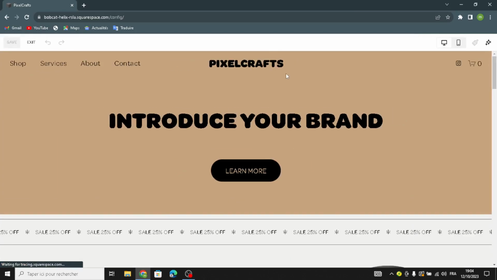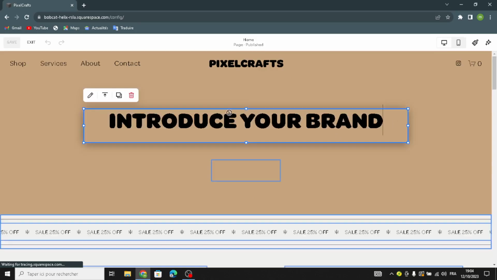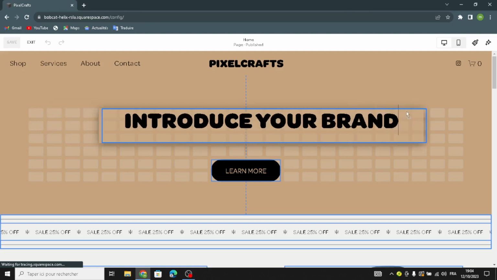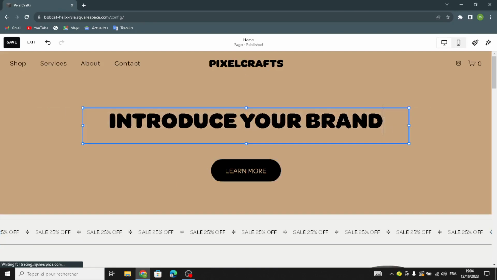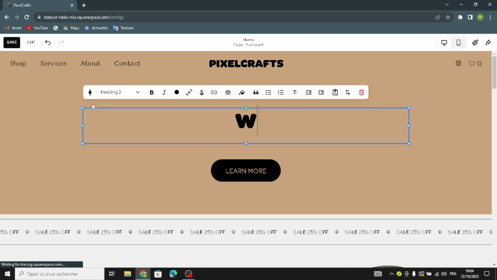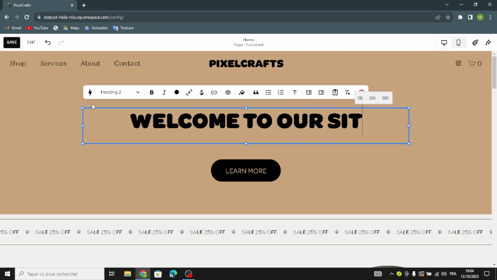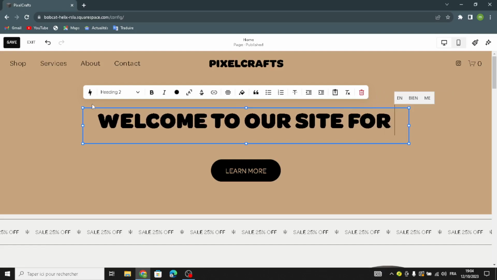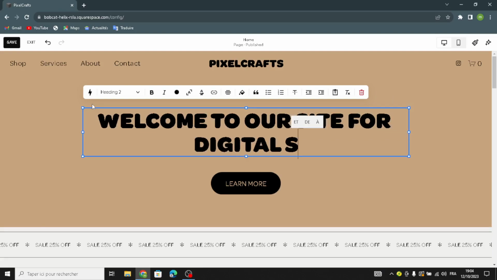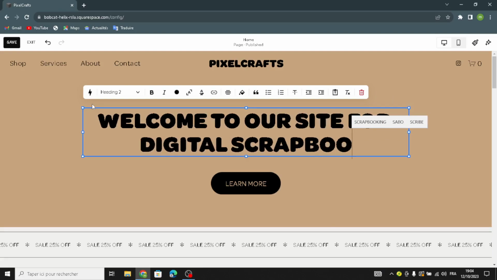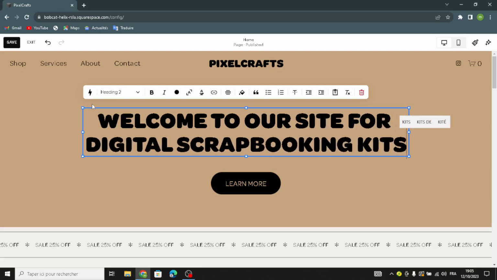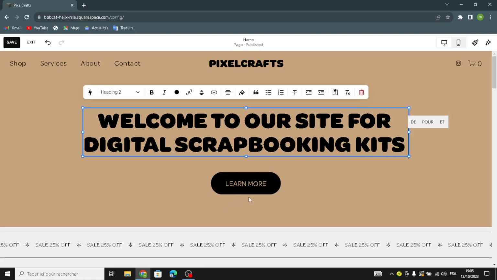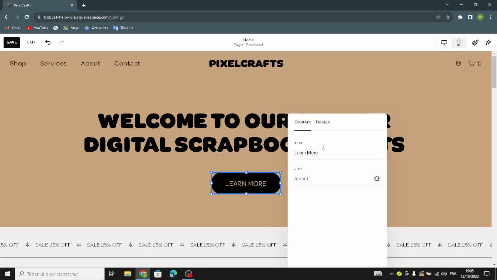Click edit, and the first thing here you can change, you can introduce your site. So click here and wait a few seconds. Okay, now you can introduce your site. Welcome to our site for digital scrapbooking kits. Okay, also here you can change the text on this label. So for example, you can type get started,